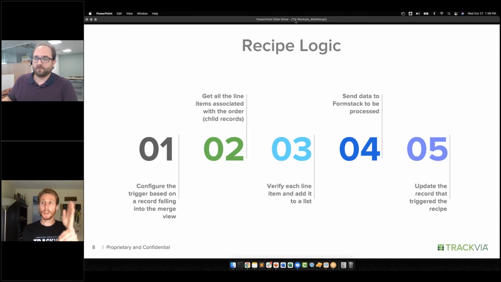Because you're triggering a parent record and it's getting a bunch of child records and it's putting those into a loop in a table in your document. You can have much simpler merges than this, even if you're just merging one parent record or something like that. So it's actually on the more advanced side of that spectrum.